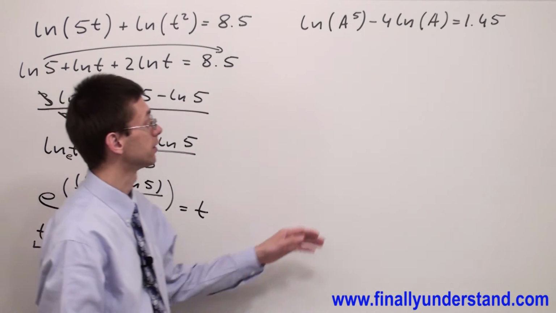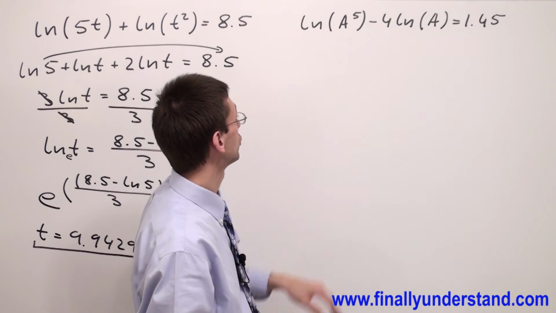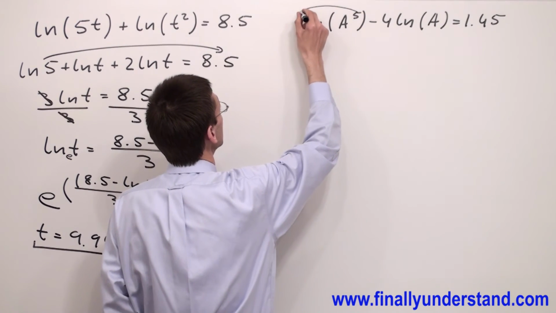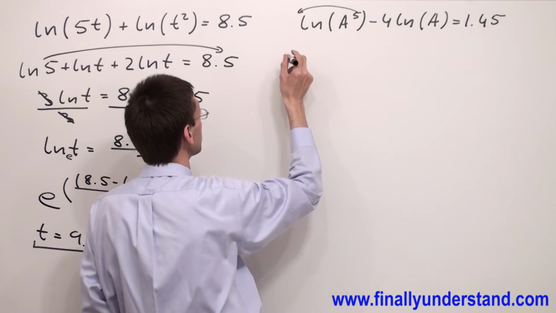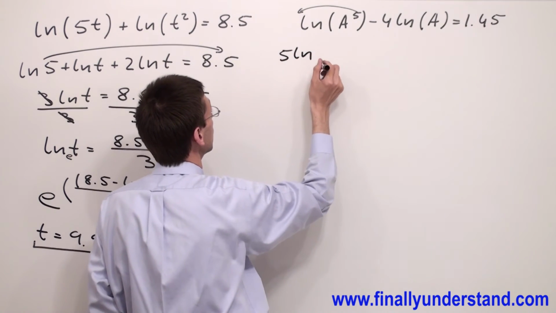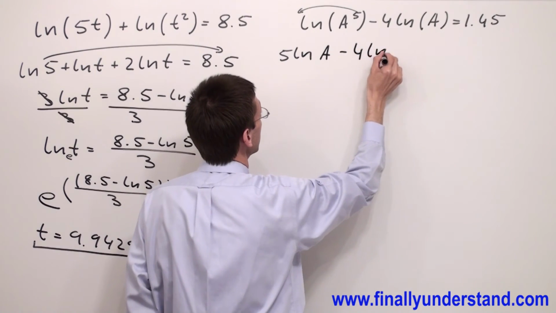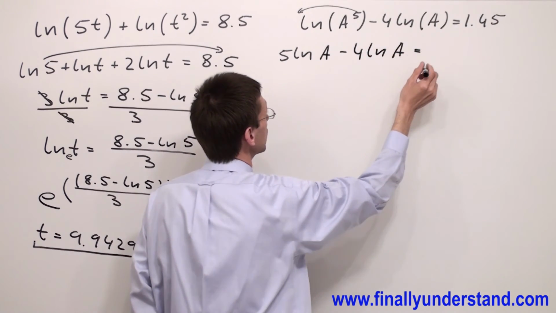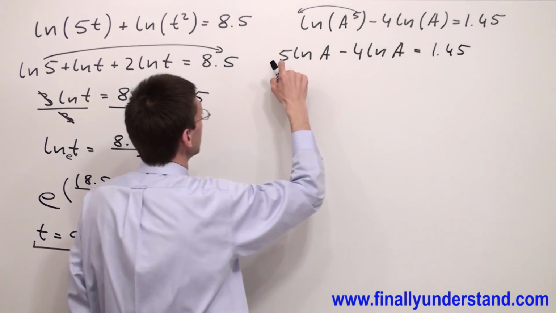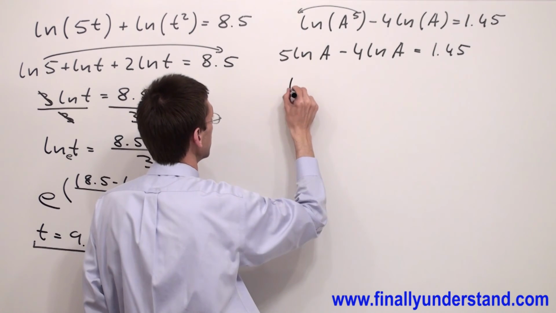Let's take a look at the second example. For the first logarithm, I'm going to use the property for the log of a power, and I'm going to bring this 5 to the front of the logarithm. I have 5 natural log of a minus 4 ln a equals 1.45. 5 minus 4 is equal to 1. That's why I'm going to have simply ln a